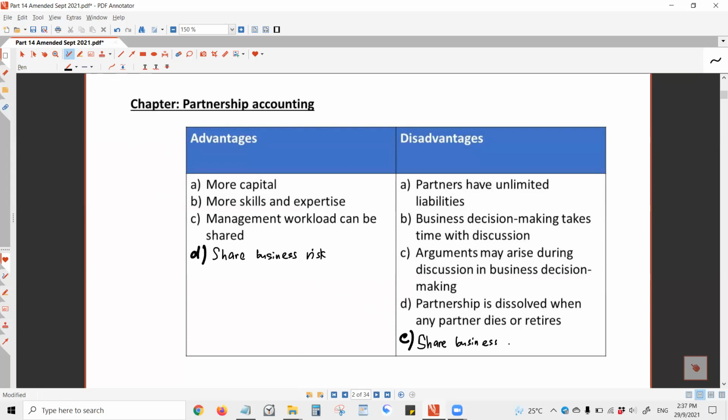More than one owner, right? So when the business closes down, your loss would be limited, because there are other partners who can share it with you. But when it comes to making money, you have to share with them also. Fair, right? Give and take. So you add these two lines. The rest you read yourself.